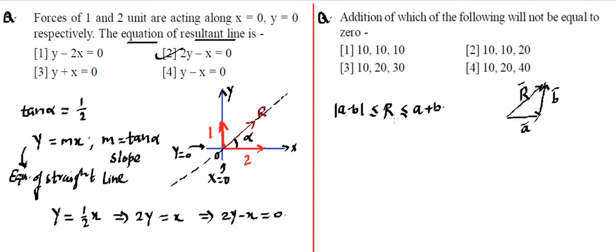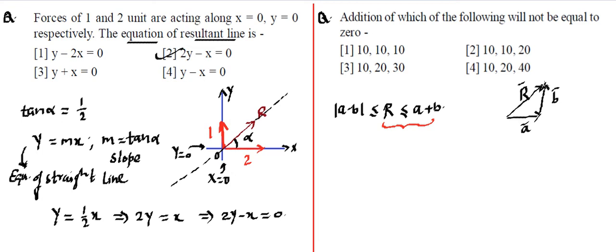So the meaning is that you will be able to find this R which will be less than or equal to the sum of the magnitudes of A and B, and R has to be greater than or equal to the difference of A and B magnitudes. This is trying to say that you will be getting a triangle formation only if the sum of two sides is greater than the third side. So if you interpret the second half, it tries to say the sum of two sides is always greater than or equal to the third side. And this must be true in order to become this as a resultant.